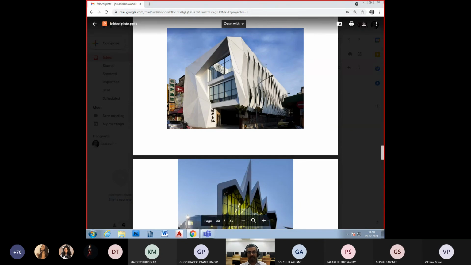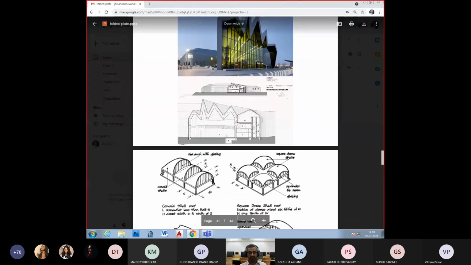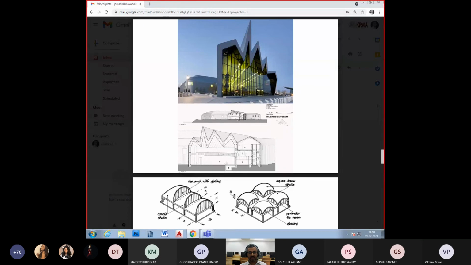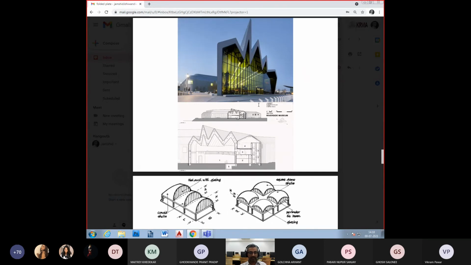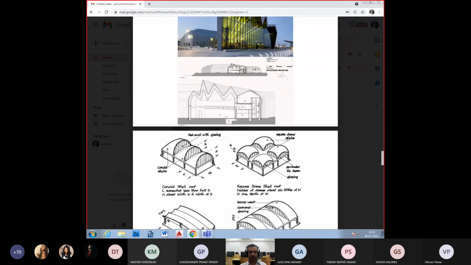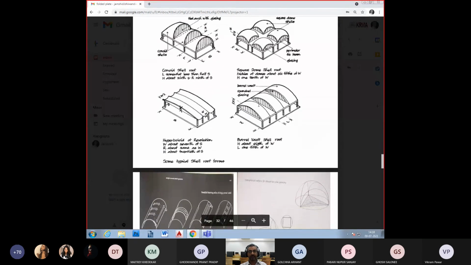This is a building in a clear urban setting, and this is Zaha Hadid's project, the Riverside Museum. Again, that works on the idea of the folded plate along the longer span. Along the longer span, it's part folded plate, part shell. In that sense, I thought that I should include it as part of the presentation.